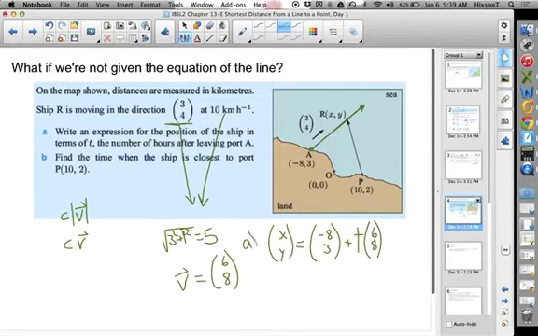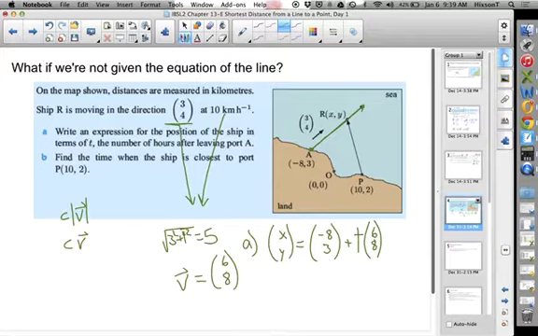So that's part A. Are there any questions about how we got that equation? Alright, so